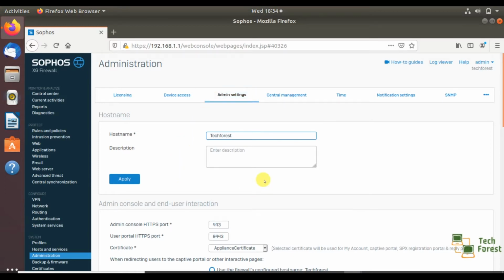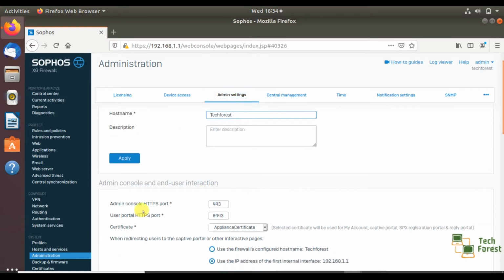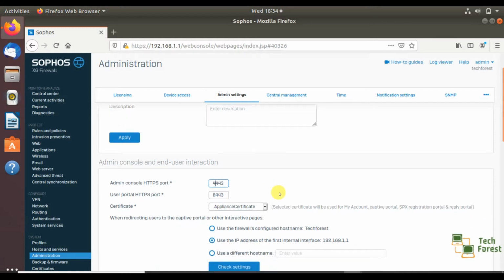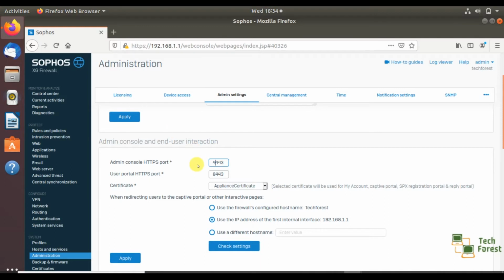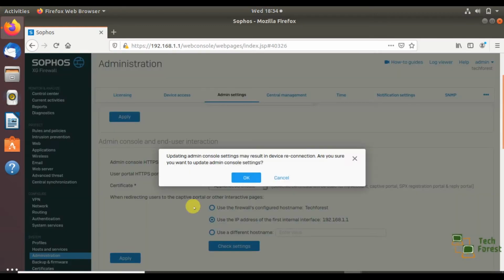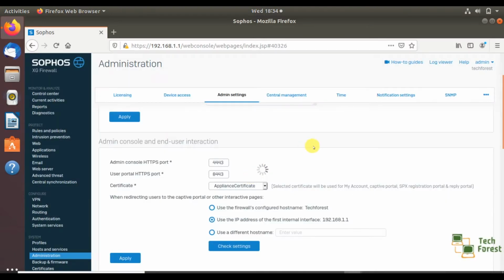Here you have an option and you can set any random port number so that you can access your firewall in a secure manner. Suppose I set 4443 and click on apply, so on the next login I have to use this port number.